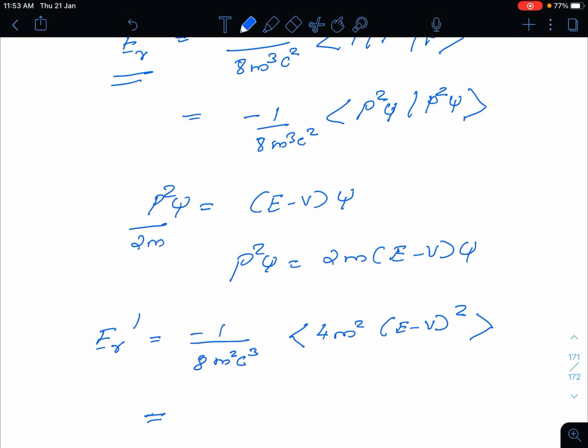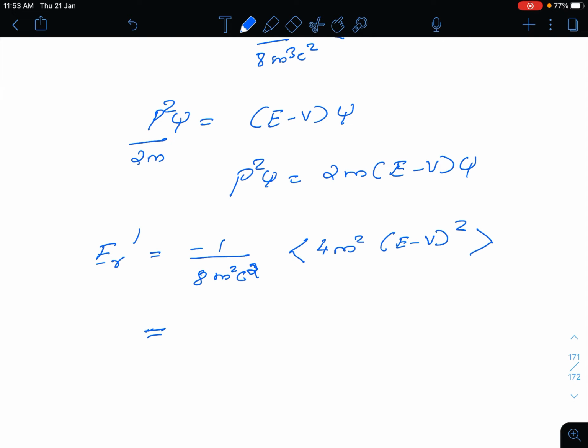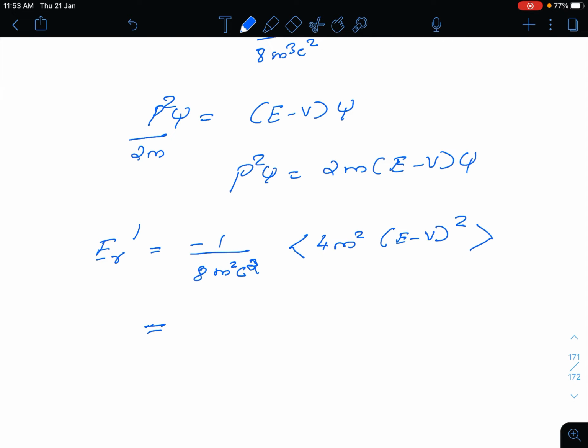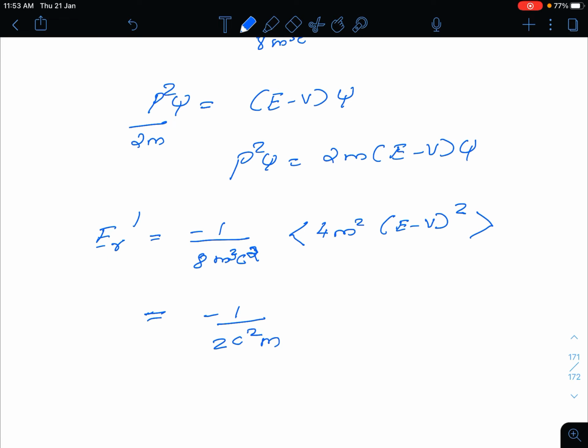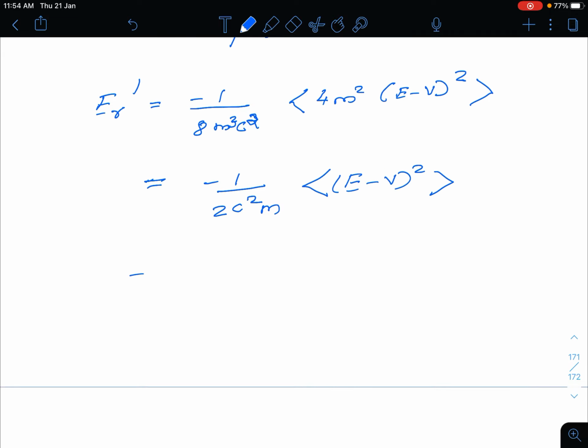Oh, this always is c square. I always write it c cube. But we'll be taking it outside. So minus 1 by 2, m square and m square get cancelled. C square. Good. Oh, this is m cube. So m c square. Good. That should be there, into